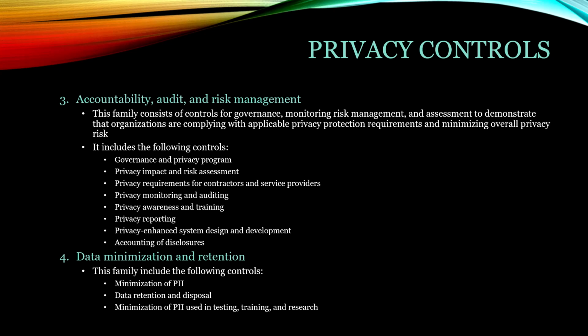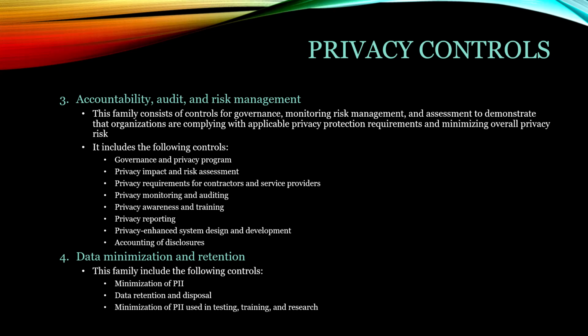It includes things such as the Privacy and Governance Program, Privacy Impact and Risk Assessment, privacy requirements for contractors and service providers, and that includes establishing and including contract privacy responsibilities, privacy monitoring and auditing, that involves monitoring and auditing privacy controls and internal privacy policies to ensure effective implementation,